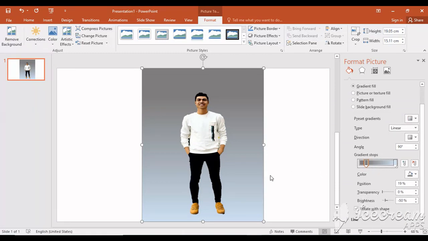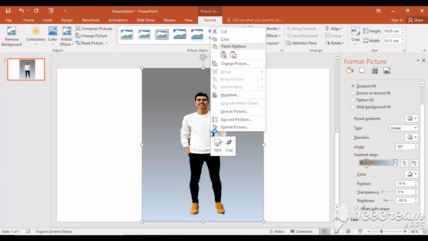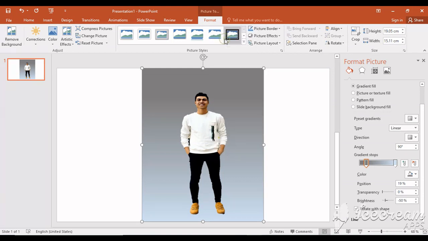Now this is for if you want to have a background with solid color, but if you want a custom background, so just undo everything